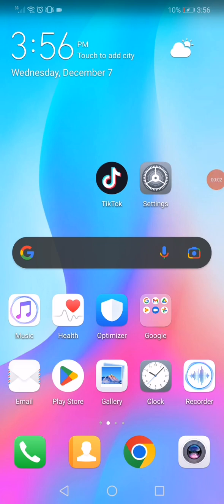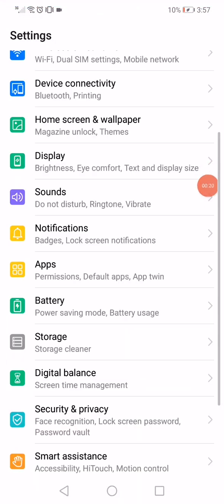Hello guys, in this short video I'm going to show you how to fix the TikTok uploading problem. So if you try to upload a video to TikTok but it doesn't let you upload, this video is gonna help you. All you have to do is just open the settings